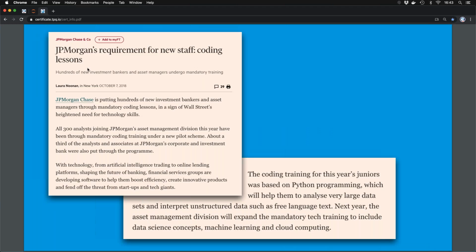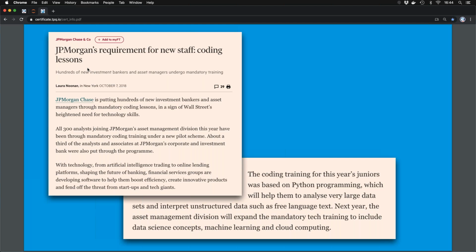Why Python for finance after all? I have here a couple of articles. Here's, I think, the oldest one from 2018. It's therefore not really news that Python, and coding in general, is required around the financial industry. There's hardly any financial institution these days that says, well, if you are in a quantitative role, you can get by with a little bit of theory here and there and some basics in Excel, for example. You need to be able to code.